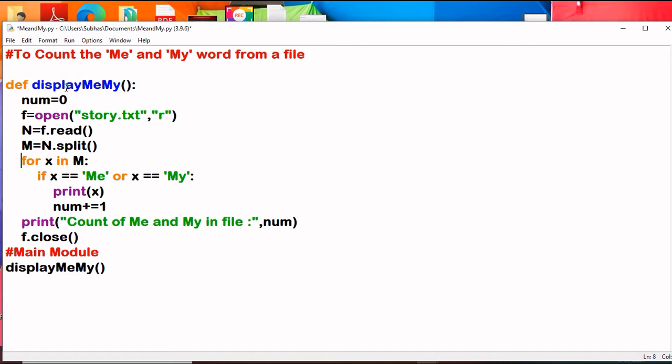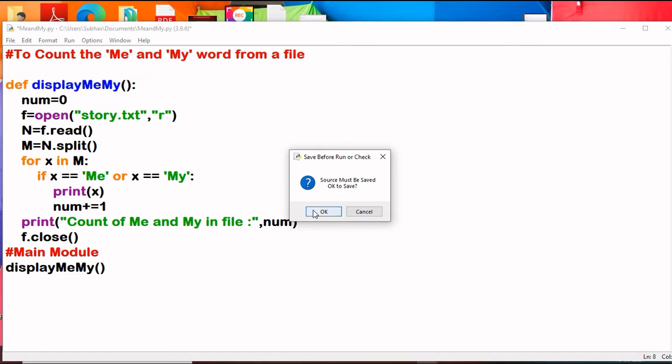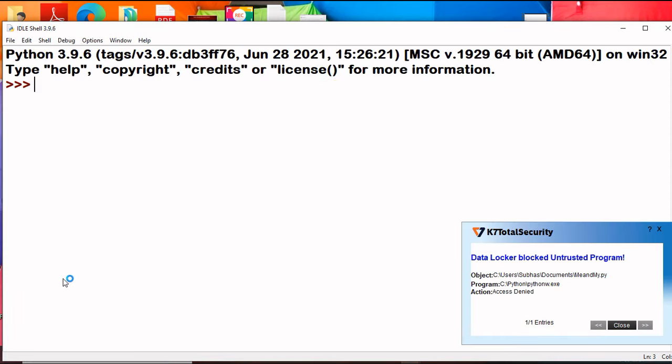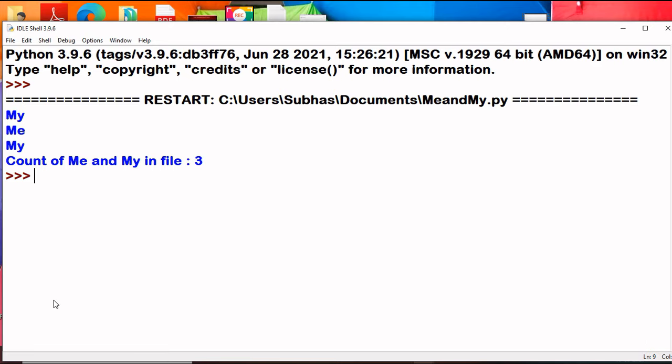You can now run the program. So you can see that there are only three words, my, me and my.